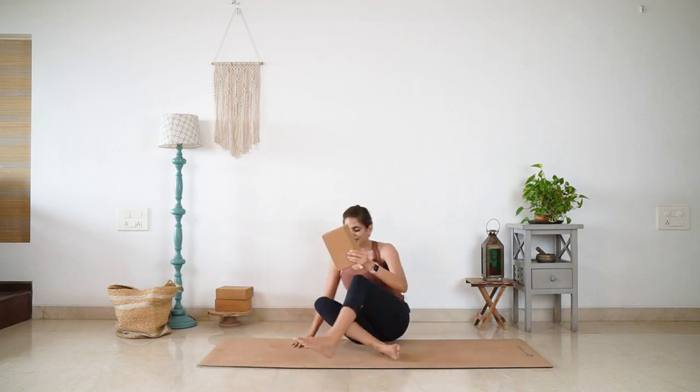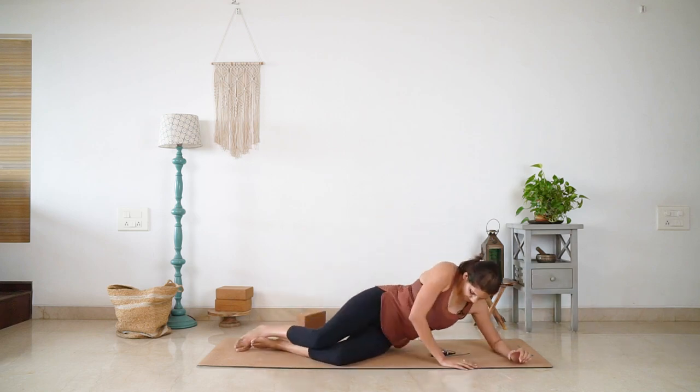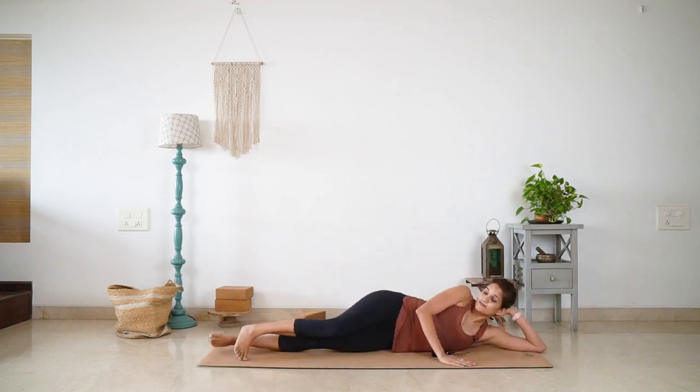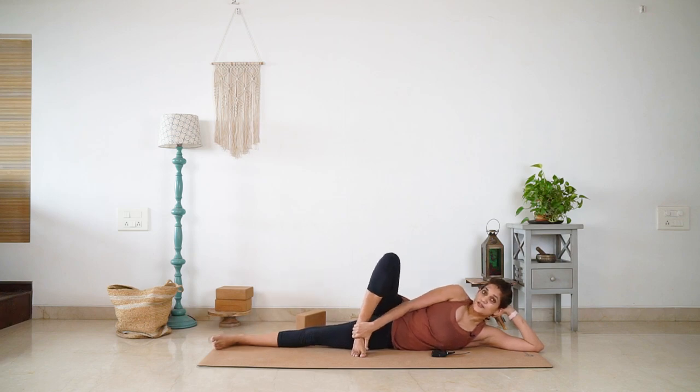So I'm still facing the camera and I'm going to move my mic out of the way and let's continue. So coming to lie down onto the left side, know that you have two options. One is to keep the foot bent like this and lift, or to bring the knee down. I'm going to maintain this position for this side. All right, let's begin. 1, 2,